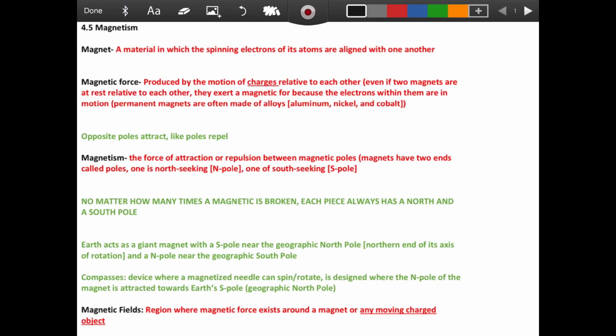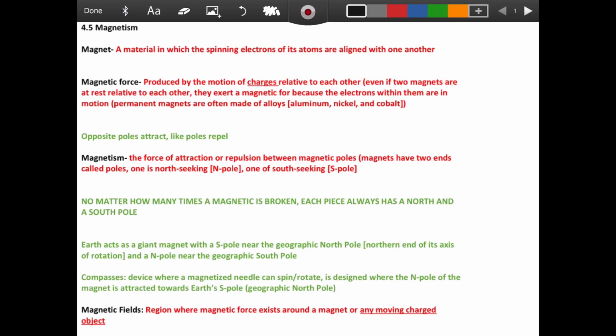Electricity and magnetism is magnetism. That's our final little subunit. So I'm going to take you through the Cornell notes. All of the definitions are in red, and some extra notes I put in there in green. So you want to have your Cornell notes and copy these down, because you remember you always learn best